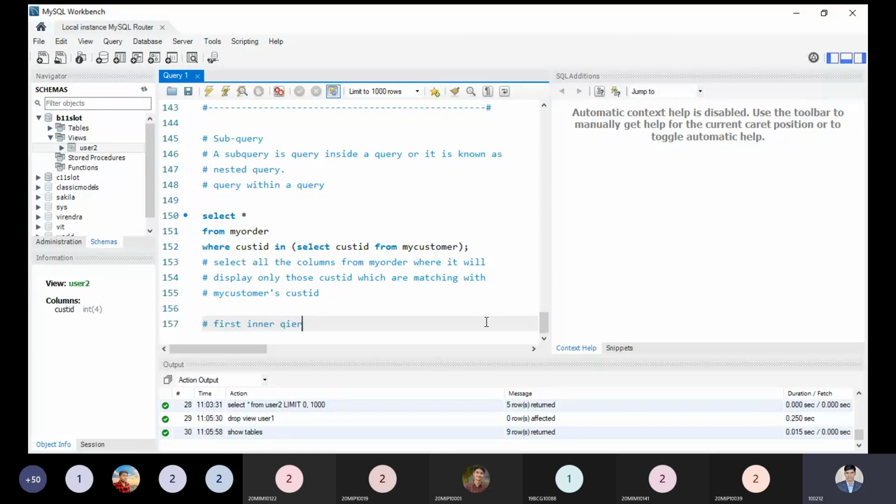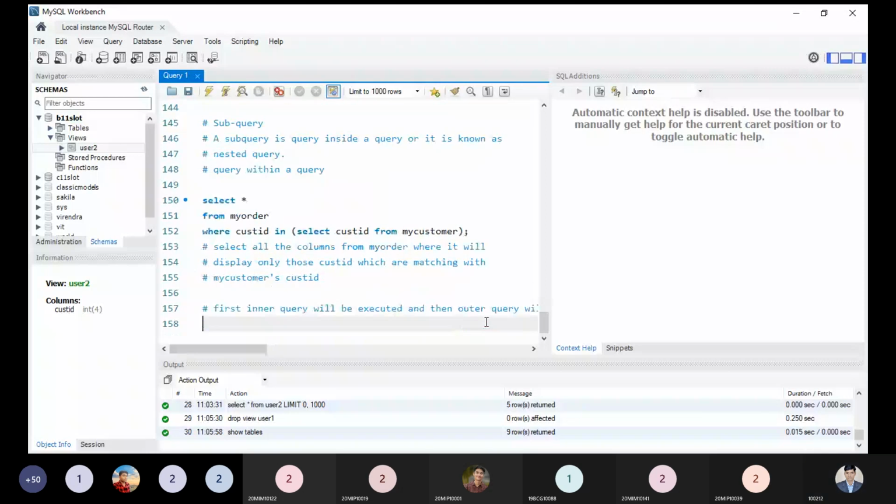Inner query will be executed, and then the outer query. These are simple terms. So first, select customer ID from customer.